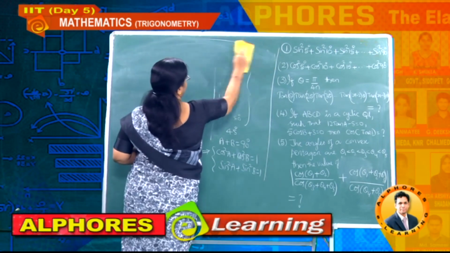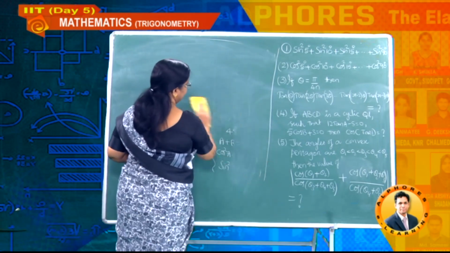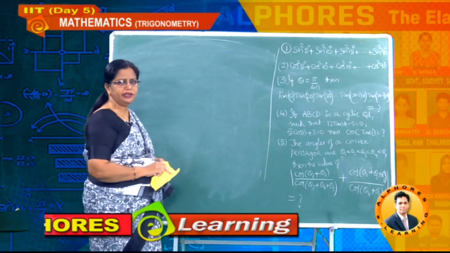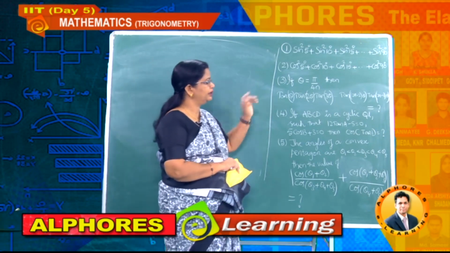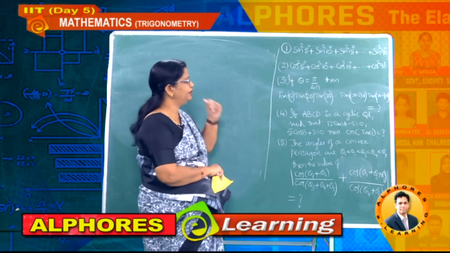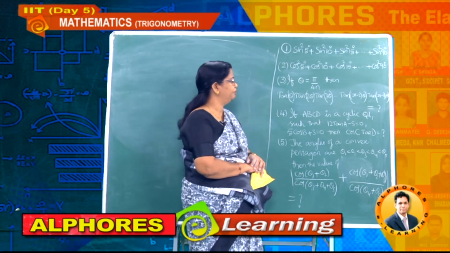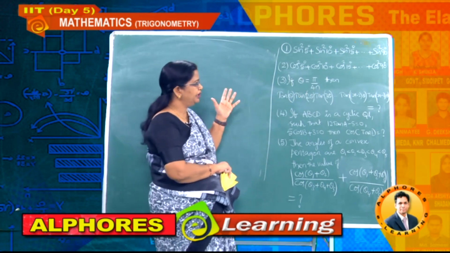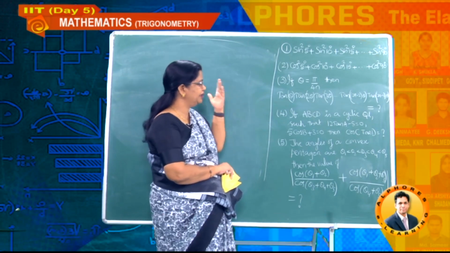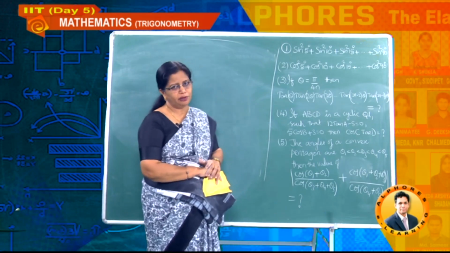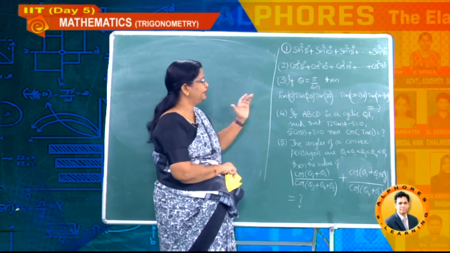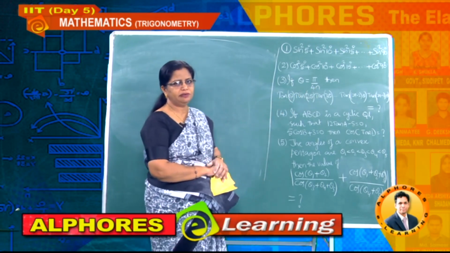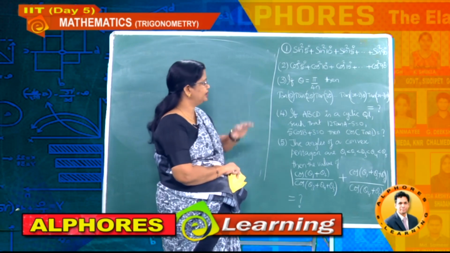The third problem is a product of terms. Just now we observed sum of terms, whereas here it is a product of terms. One small hint, whenever product is given and in terms of n values, immediately don't get confused thinking it is in n, so I cannot do this kind of problem. Immediately you have to take care, n value you can substitute. Let us not start with 1, understand, let it be suppose 2.